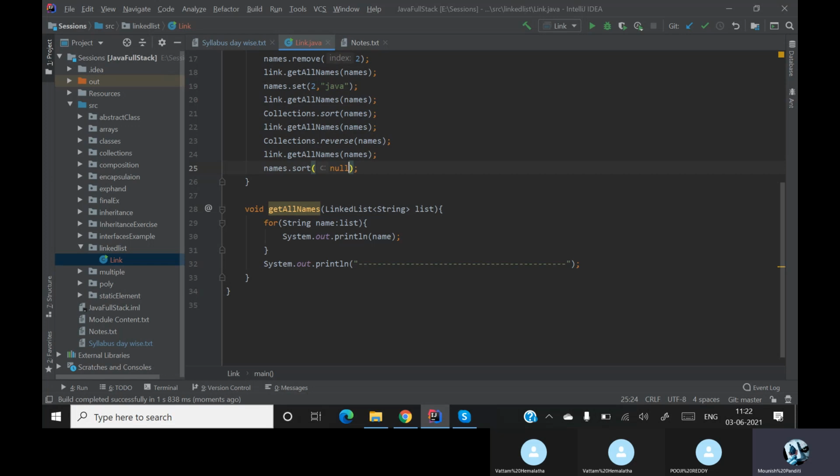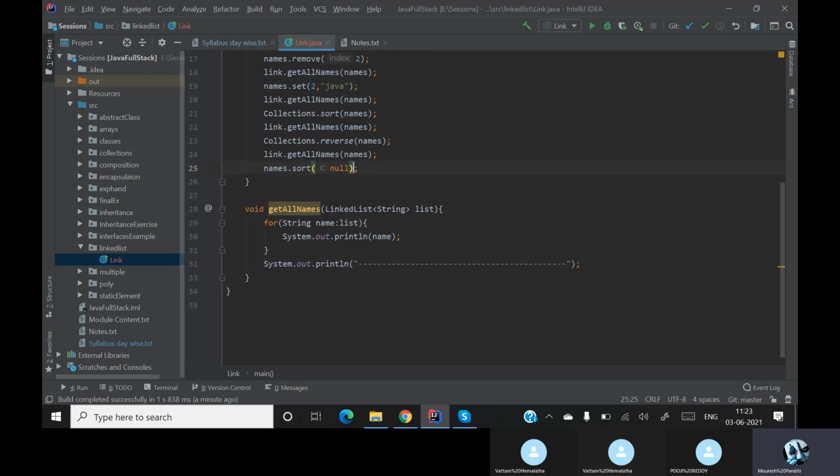So first of all, what is this value? What is it taking, is the question. So it is taking a comparator. What kind of comparator you want to give? That is basically a part of our list interface. So we'll go there soon, but before that, for now I want to just give it as a null.